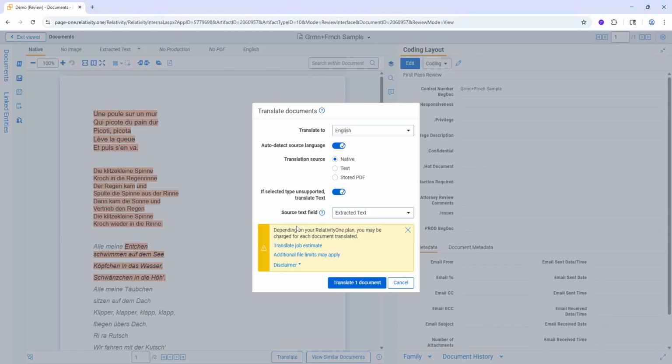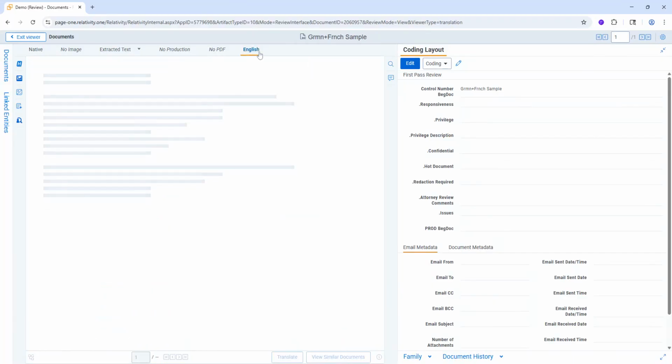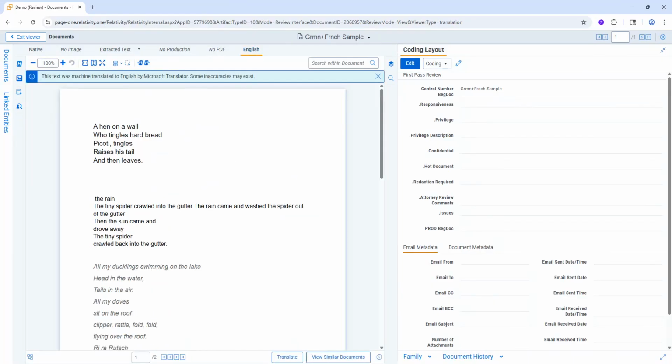Then what we'll do from here is click on the file limitations. The file limitations are essentially just going to be the ones that are supported, and once again must be below 40 megabytes. Go ahead and hit translate document. We have this completed here. Once it's done, it's going to pop up this English, which is the language we translated it to. Just wait a second or so, and you're going to see that it has translated the